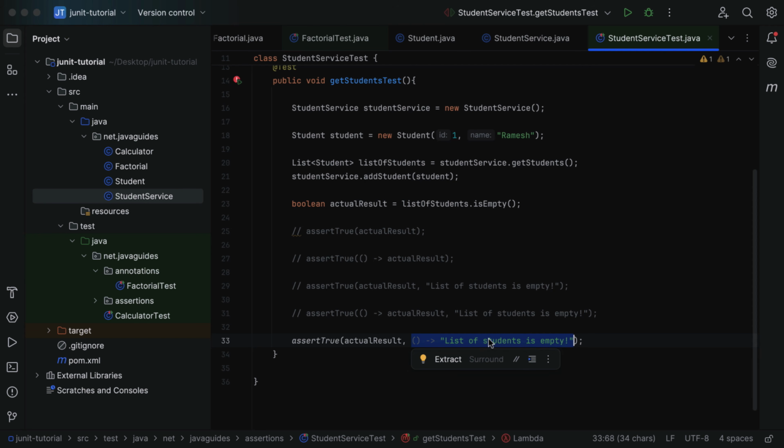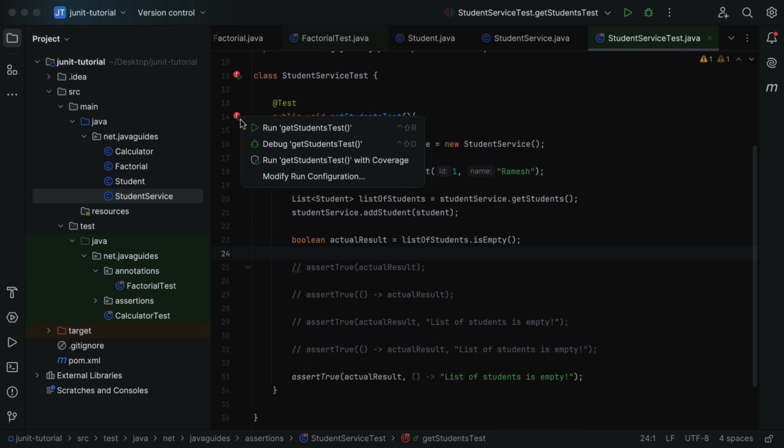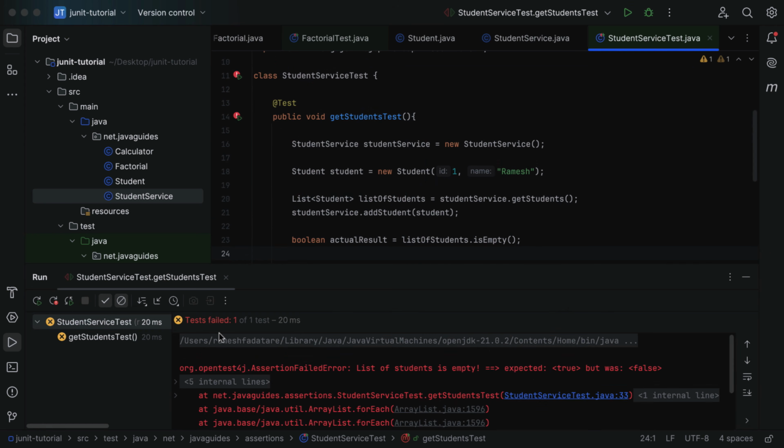So this logic will be executed whenever the test case fails. If the test case fails, then this logic will be evaluated and this message will be printed in the results. If the test case passes, then this logic won't be executed and this message won't be printed in the results. So basically this logic will be evaluated based on the test case status, whether the test case passes or fails. For example, if I run the test case, you can see the test failed because